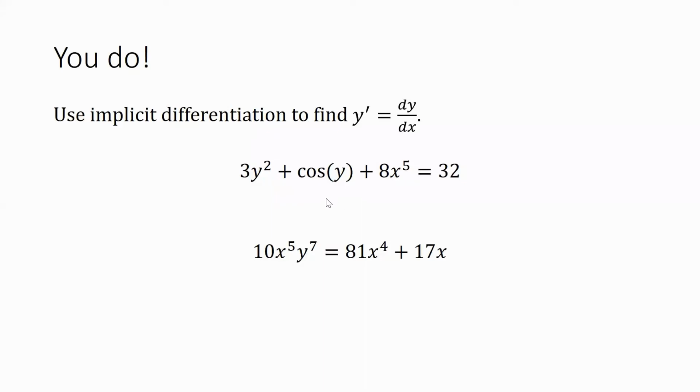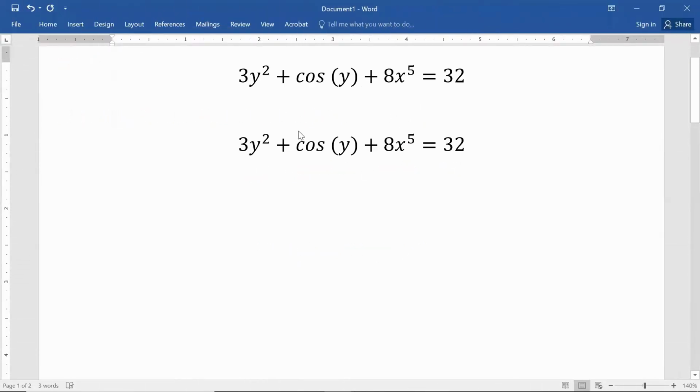I am going to do these problems and show you how they're done. These are very similar to what we've done before. Let's go ahead and solve these. The first equation deals with a y squared and a cosine of y and an x to the fifth and